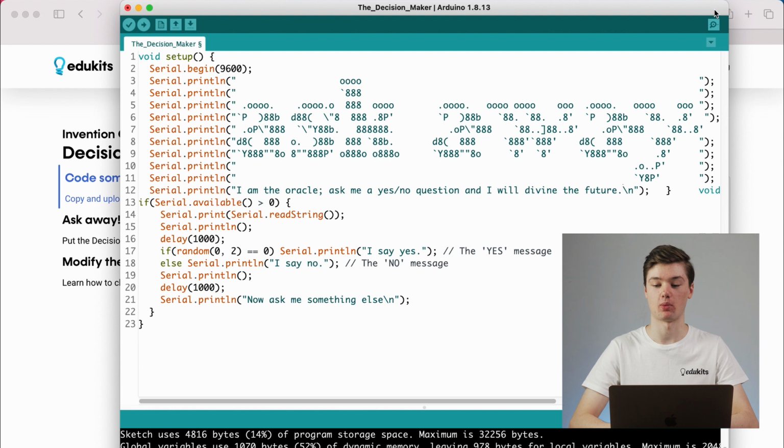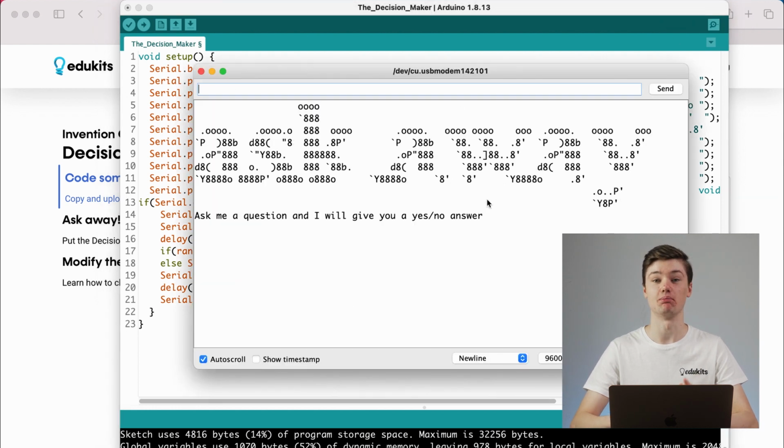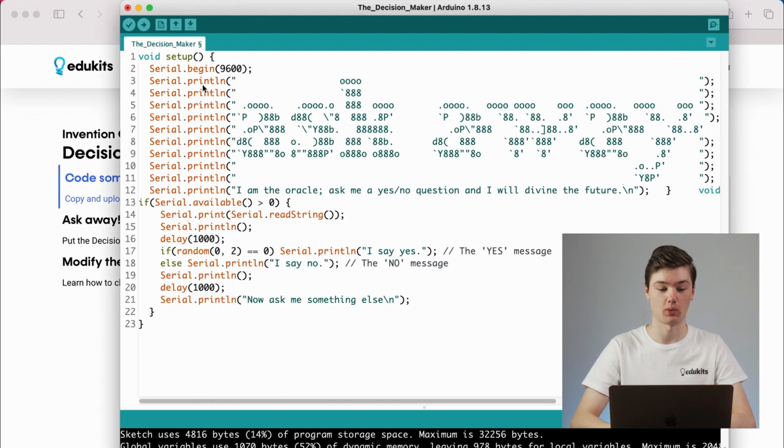But if you remember when we opened the serial monitor, there's a fancy message in big text that comes up when we open it. Now, this just doesn't come about by typing things or by using a font, because this text is actually made up of characters. So letters, numbers, symbols that have been put together in a specific way to make the text. And you can see that when we're printing these in line by line.